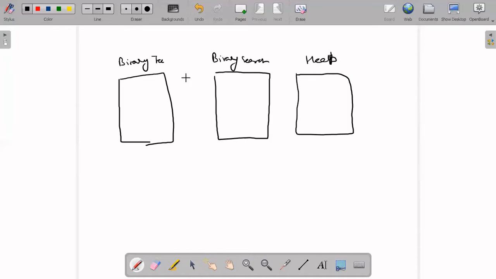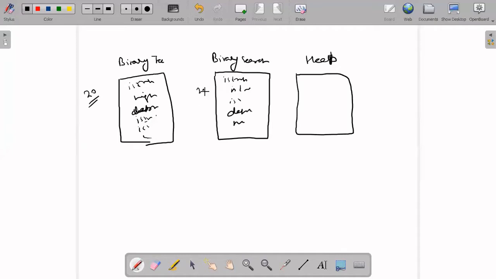I'll define all the methods and implement everything here: is empty, height, length or depth, is internal, is external, everything. Maybe I have to write 20 methods. In binary search tree, again I have to write all these methods: is empty, is internal, is external, depth, height.